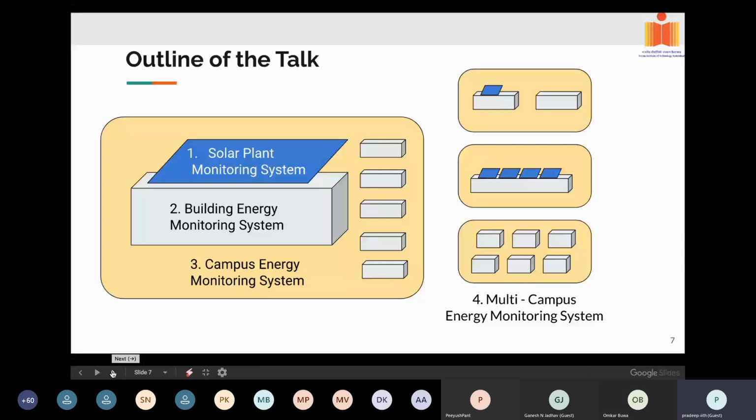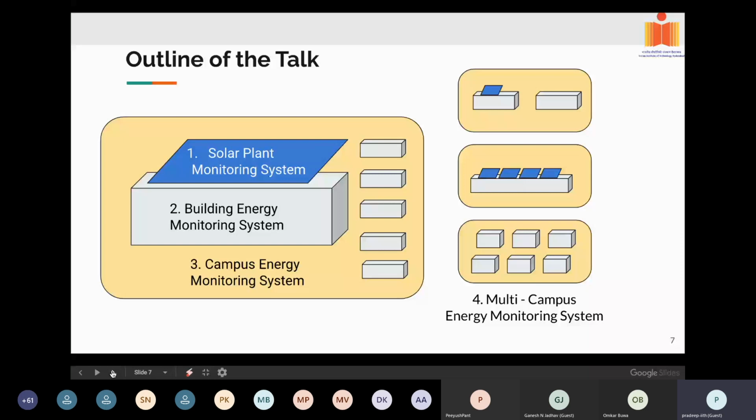Okay, sir. Monitoring the solar side is fine. Now monitoring the demand side, that is a building. So that topic I'm now covering is called building energy monitoring system. This is the block diagram of the building energy monitoring system. The hardware part, if you see, there is main electricity supply here. From the main supply, power comes to the distribution panel. The distribution panel gives the substation, and individual floors, individual parts of the building receive separate power supply.